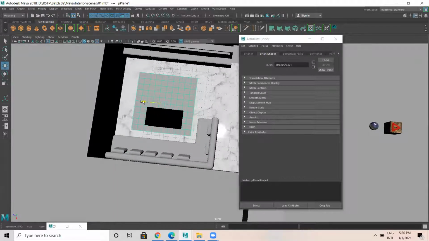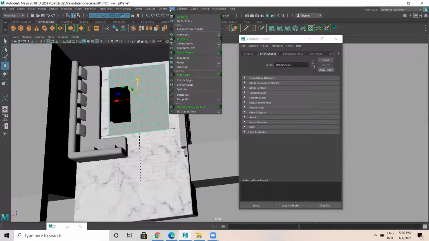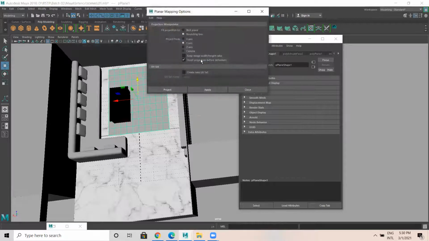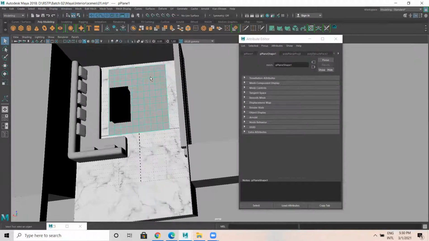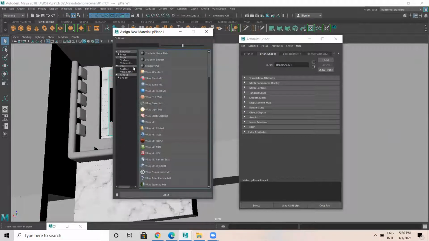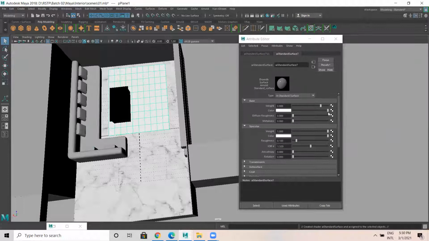And I'm gonna move a bit like this. So now what I'll do, I'm gonna unwrap this in y-axis, UV, planar mapping, y-axis, project. Then after this, I'm gonna apply new material, again shader, AI standard surface.